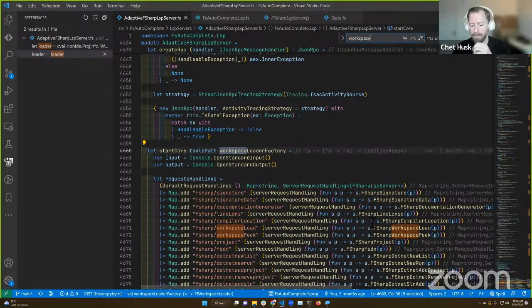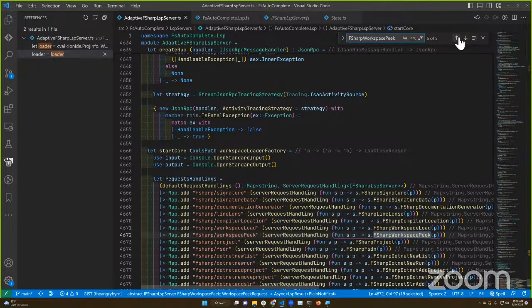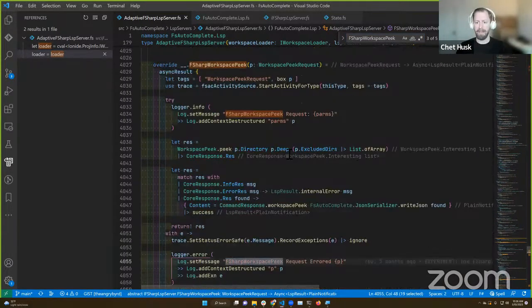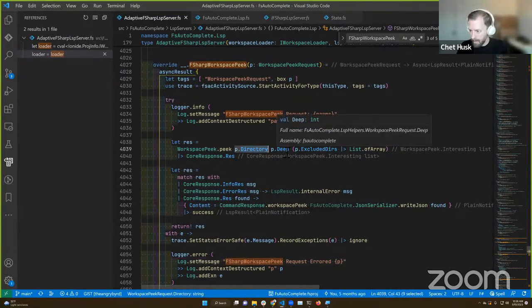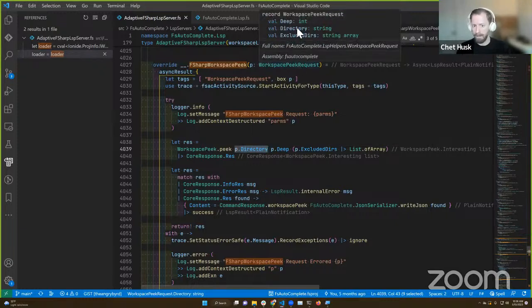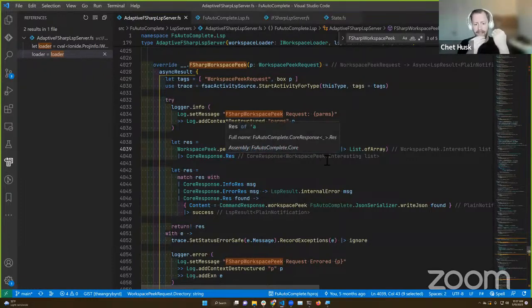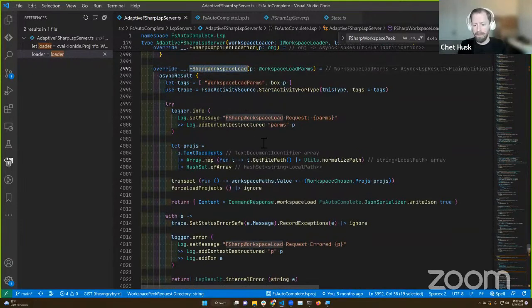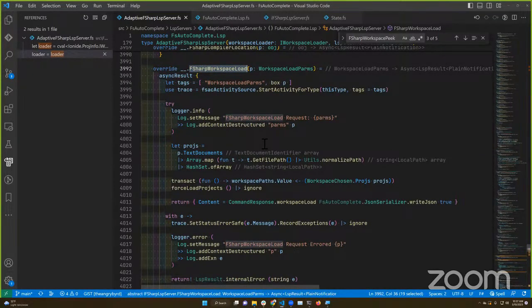What workspace peek is supposed to do is look at the currently opened directory and find solutions or directories that contain a bunch of projects, and have you pick one. When you pick one, it opens that up, finds all the projects in it, and uses all of those projects to load into that workspace loader that Jimmy mentioned a little bit earlier.